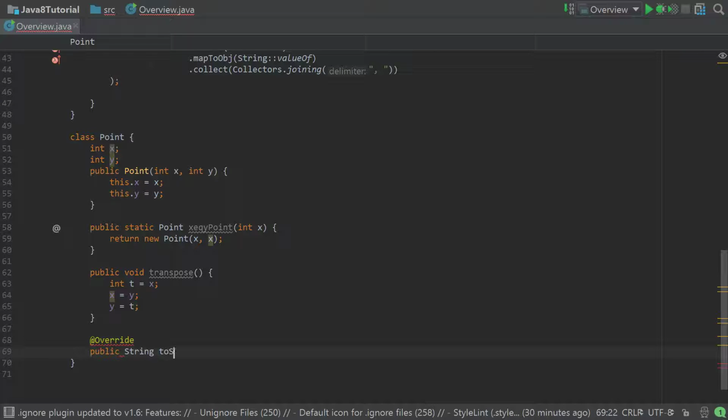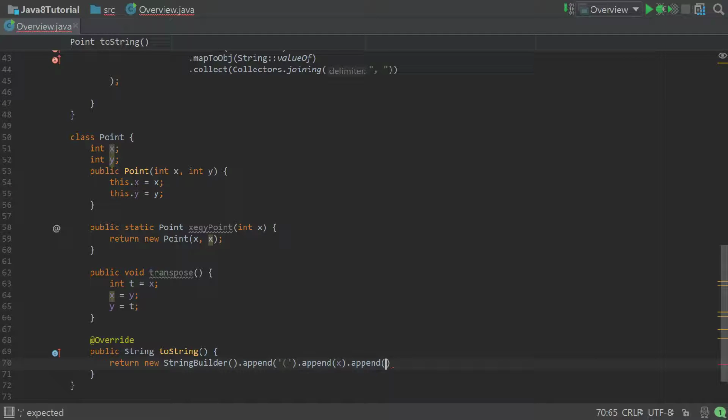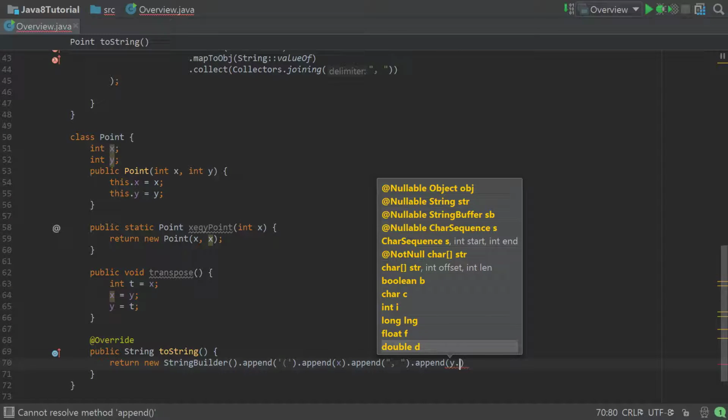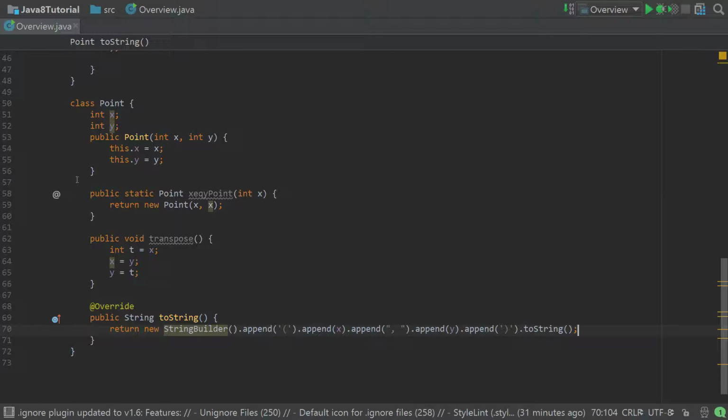So public String toString, and we're just going to want to build this string with a StringBuilder: open paren, x, comma space, y, and close paren, and toString, of course. All right, and that'll just sit there for the moment, but that's going to be our Point class for this